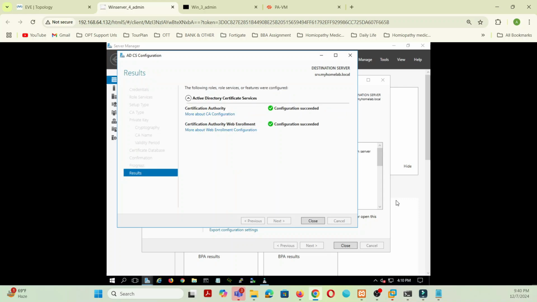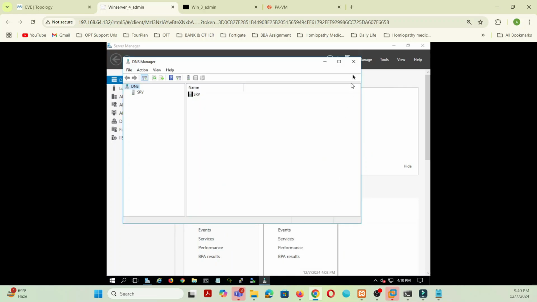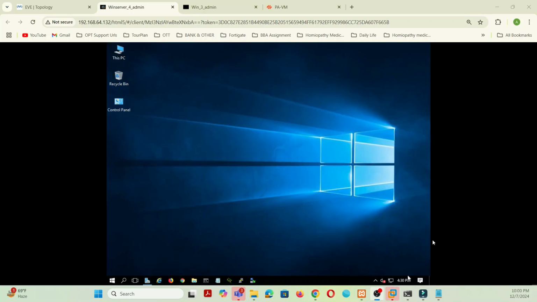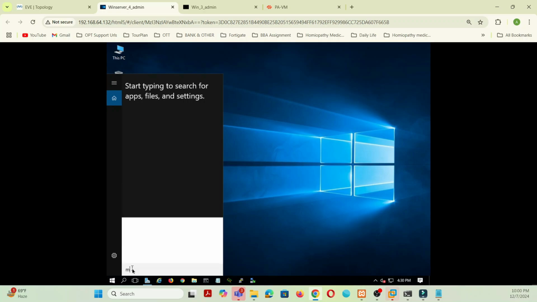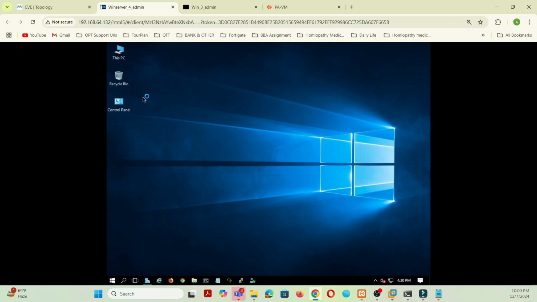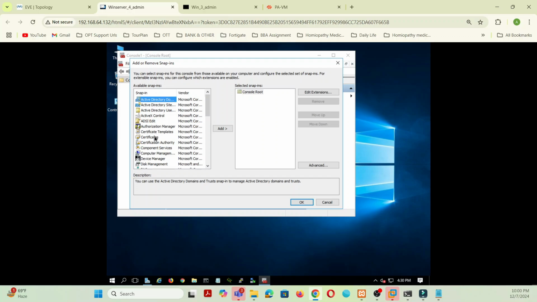Okay, now it is done. So let's close that and also close this. So now you can see the certificate server is already configured. Okay, now start again. Put the MMC. Now we can do the file, then add snap-in, then go into certificate template, add,